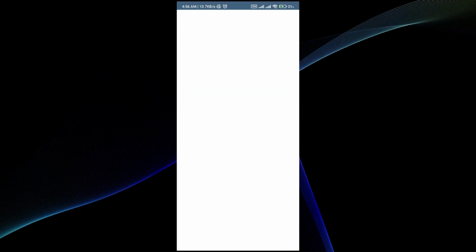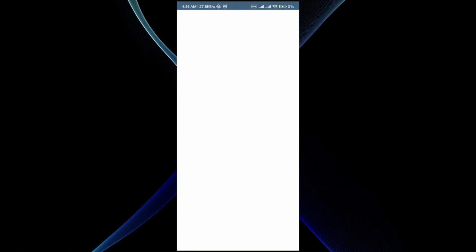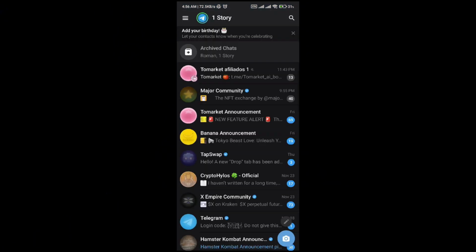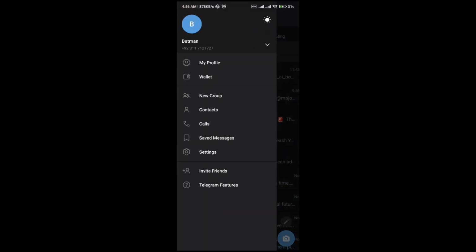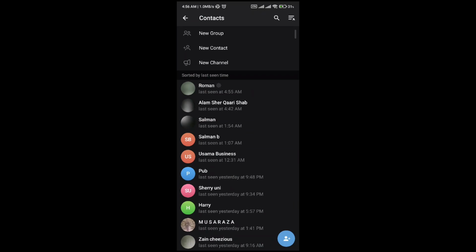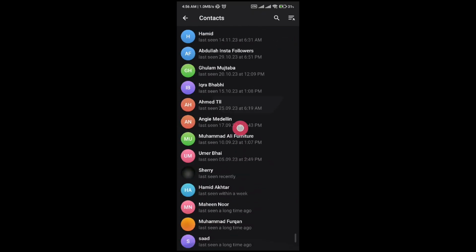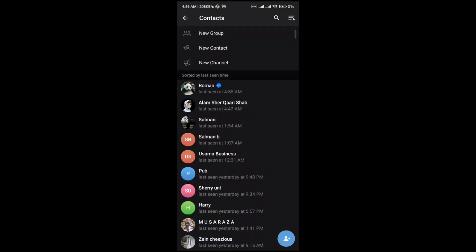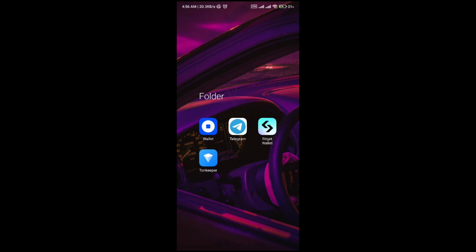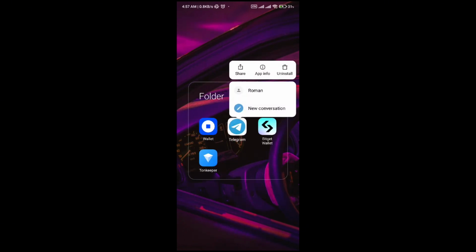So what you have to do is go to your Telegram application, and in the Telegram application you have to check one thing: that your contacts are enabled or not in the application. To cross-check it, go and search your contacts, and as you can see, I can see my contacts right in here. In order to see the permissions, long press on the application and go to the app information,